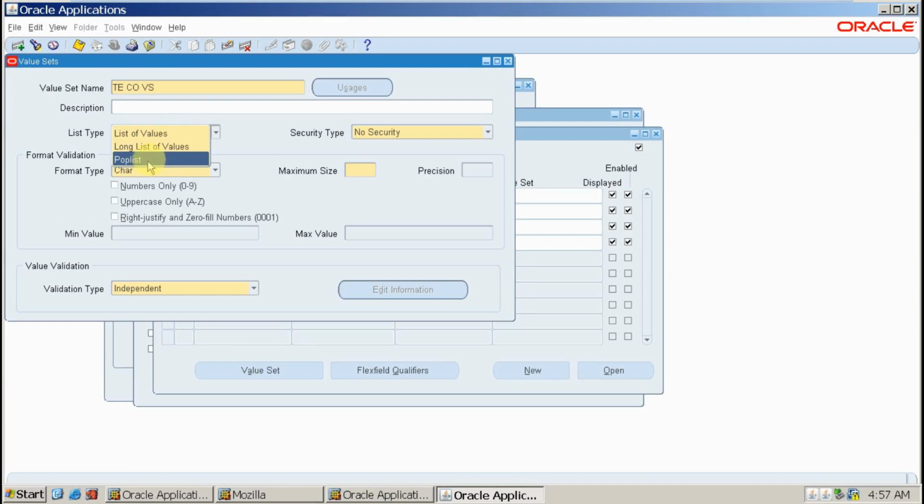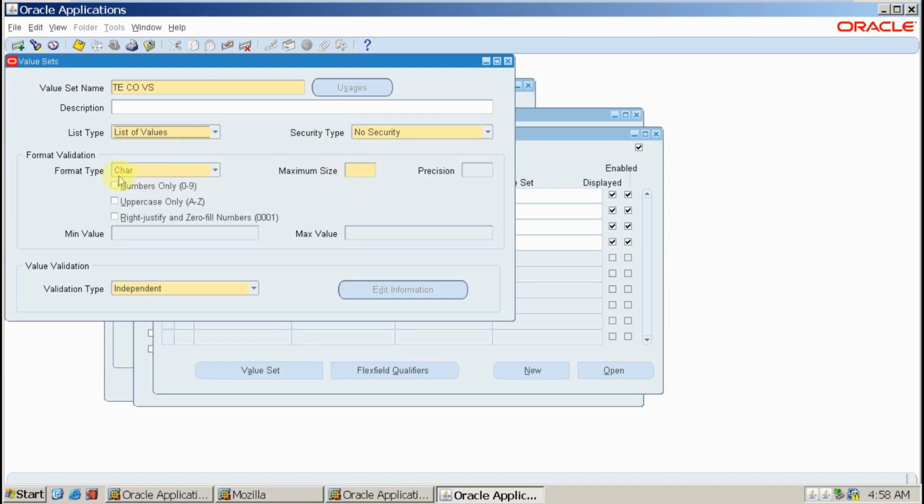I think 5 it is. And the list of values includes something like 20. This is a long list which is more than like 20, 100, whatever. We have to select from the list. So we will not bother about this, because whatever the value we are supposed to select, whether the list is showing as short or long. Security type, this we will discuss in the next chapter, next topic.